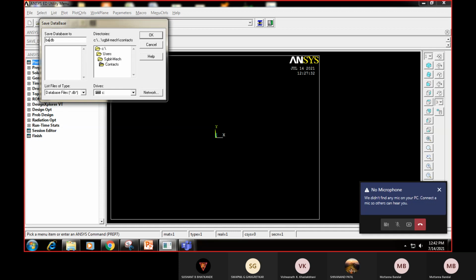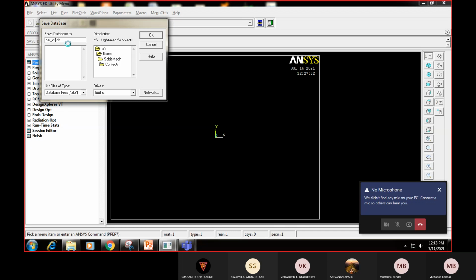I will say bar underscore cross section CS. Don't try to give special characters while saving the file name. It should only include plain text, with an underscore if you want to separate two words.